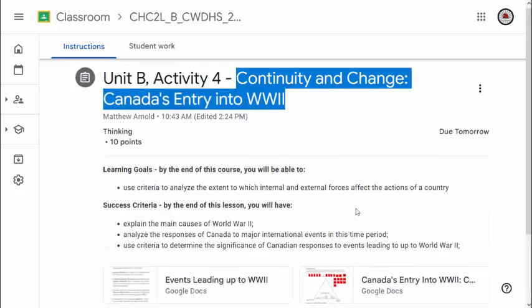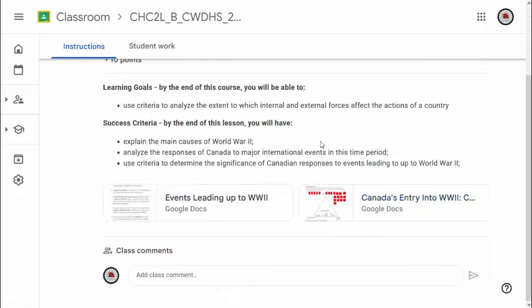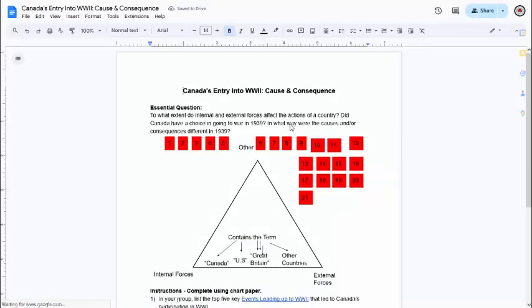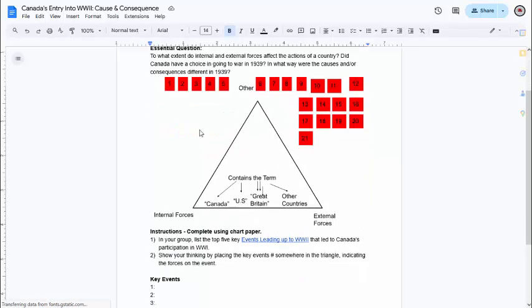Within Unit B Activity 4, please go into your work and open Canada's entry into World War II. Now remember that you can also do this on a large piece of paper. Paper and the event sheet have both been provided to you for this activity. If you are going to do this on paper,